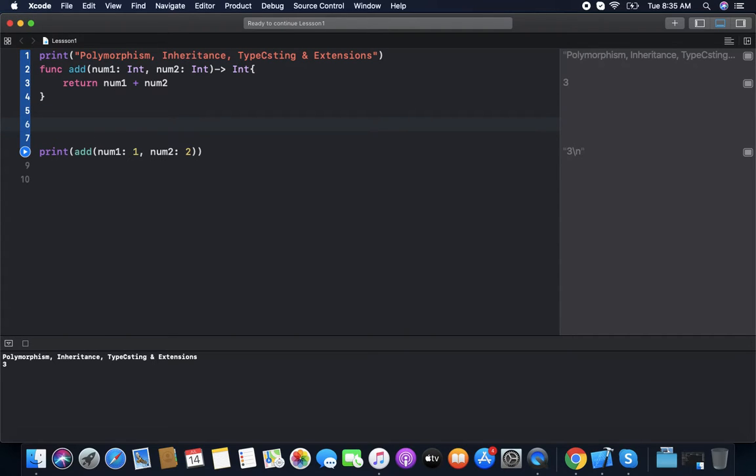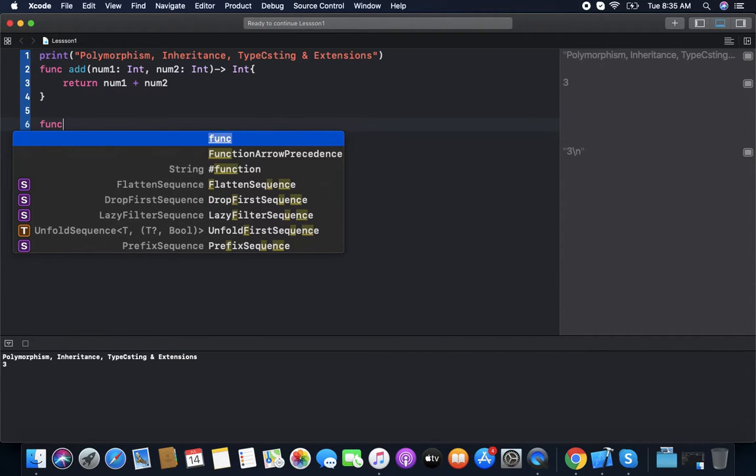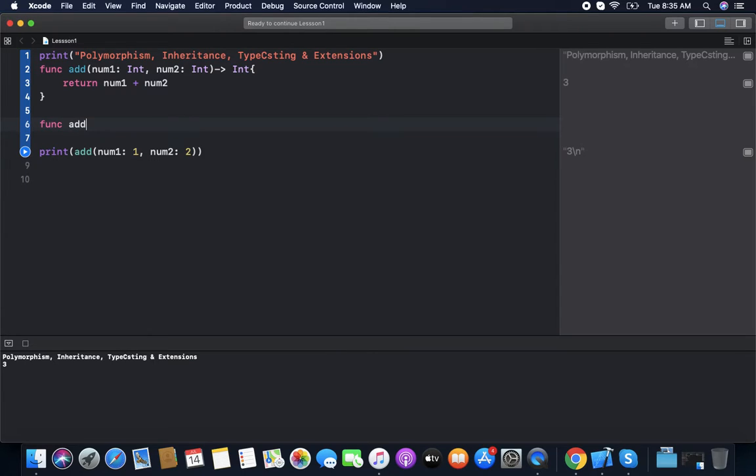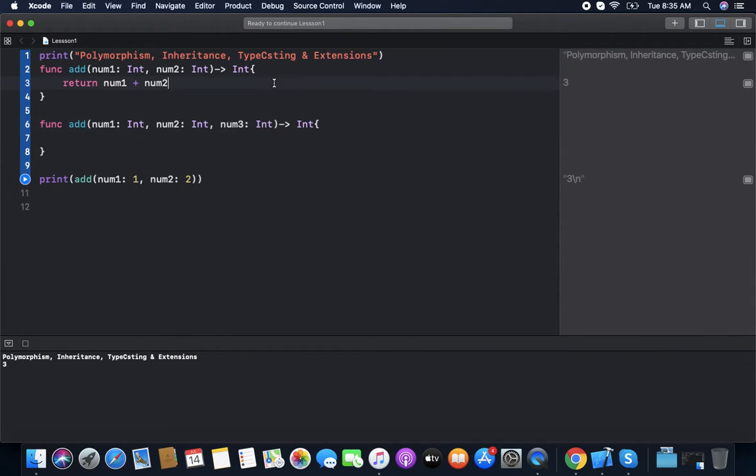But if we want to write a function which can add not 2 but 3 variables, so it has the same things like num1, num2, but it also has num3. This is returning the same Int and returning the sum of those 3.